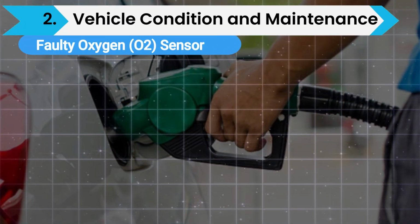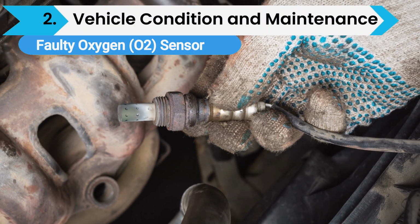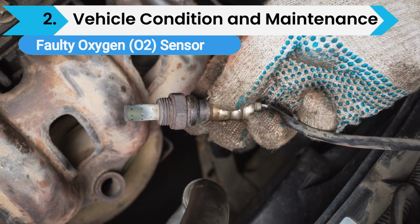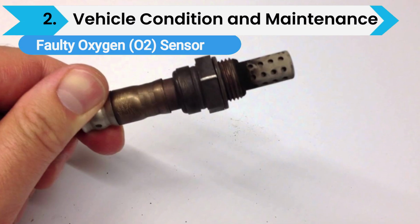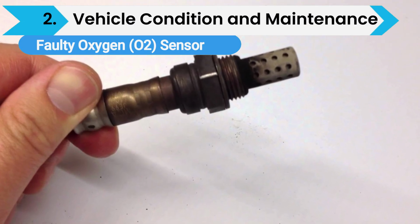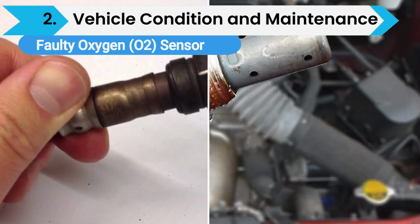Faulty oxygen sensor. A faulty oxygen sensor is a common culprit behind increased fuel consumption. Located in the exhaust system, the O2 sensor's crucial role is to measure the amount of unburned oxygen in the exhaust gases, providing vital data to the engine control unit for maintaining the ideal air-fuel ratio. However, when the O2 sensor malfunctions, it often sends incorrect signals to the ECU, frequently indicating that there's too much